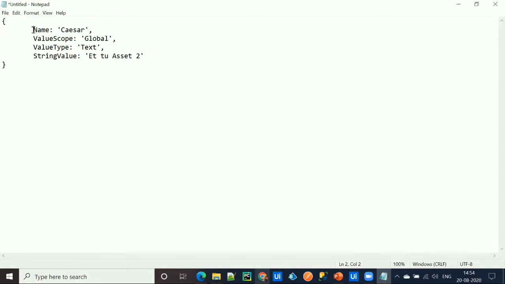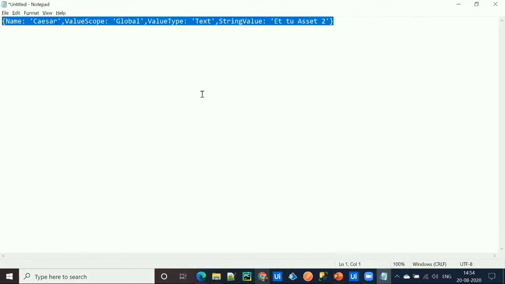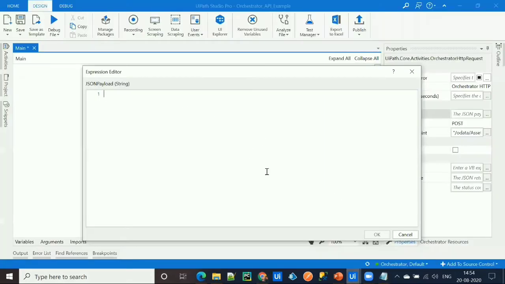As the JSON payload accepts a string value, it should be in a single line. So this is how we can provide an input to the JSON payload. Let's give it in double quotation.